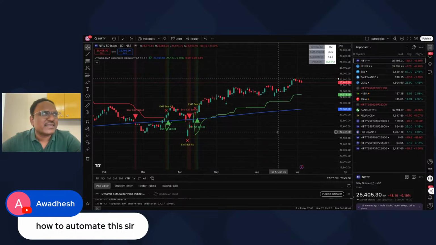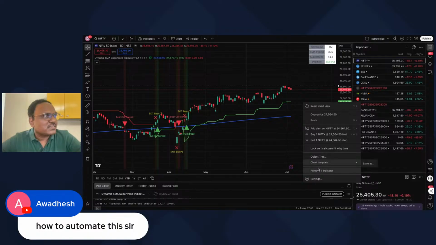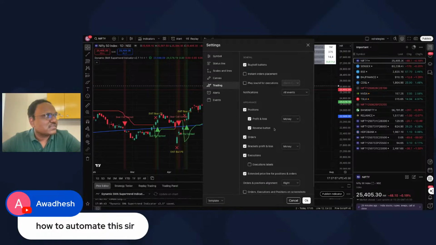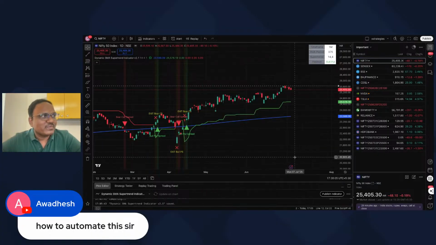Yeah, you can set it on TradingView. There is a concept called webhook. You can do that, but ideally, indicator based. There could be some lag between TradingView and the actual thing, especially if you're doing expiry trades. Okay, right click on the chart. Is it settings? I'll find it out. I definitely remember seeing that, but I'll find it out.